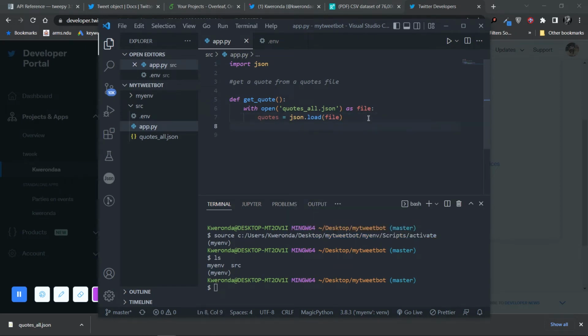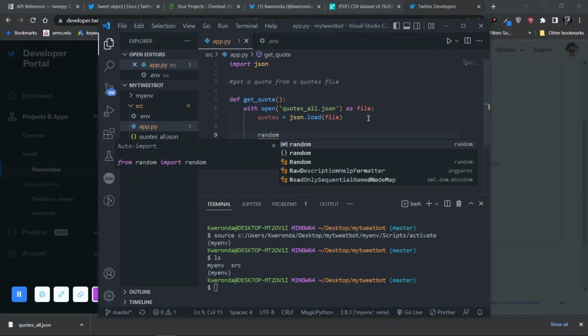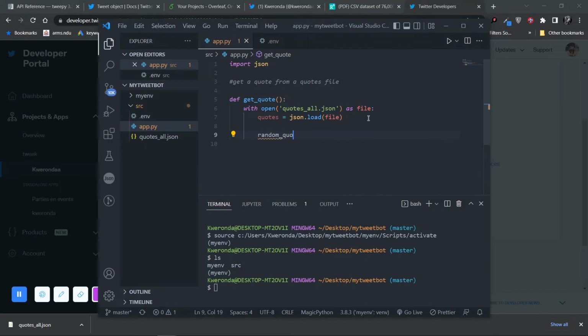Okay, so now what we do is we are going to get a random quote from all these quotes, right? Let's say random quote is equal to